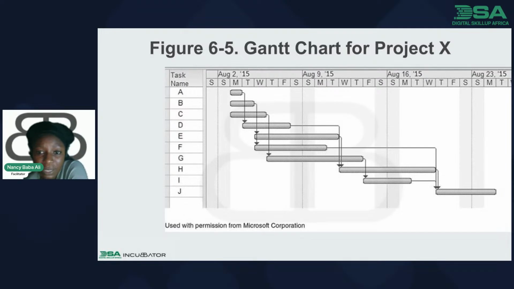And so you can see the dependency of how A has to finish in order for D, which is supposed to start on Tuesday to Friday, right? From Tuesday to Friday, Monday has to finish. You have to finish the task on Monday in order to be able to start the task on Tuesday. And even though B and C start from Monday to Wednesday, you still have to make sure that you have accomplished all of this before you can start another task on Tuesday to Friday. So the whole intersections, the whole networking, the whole diagrams, the whole dependency shows